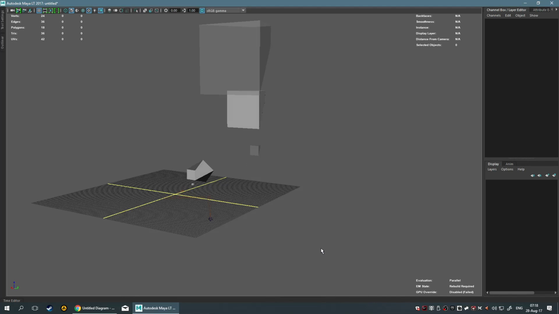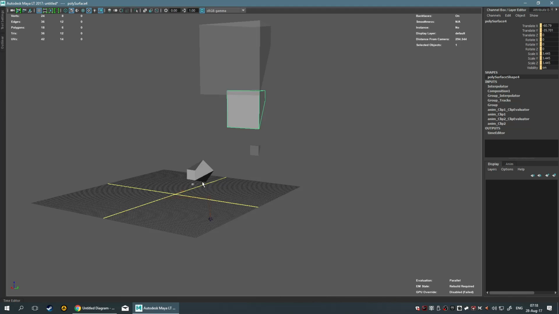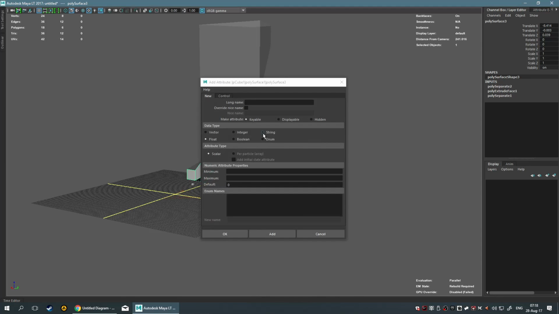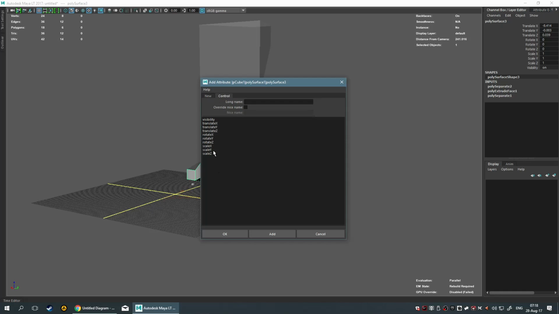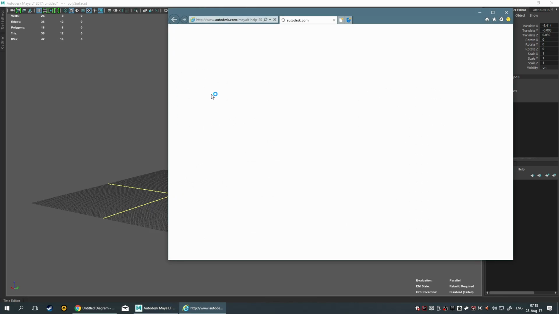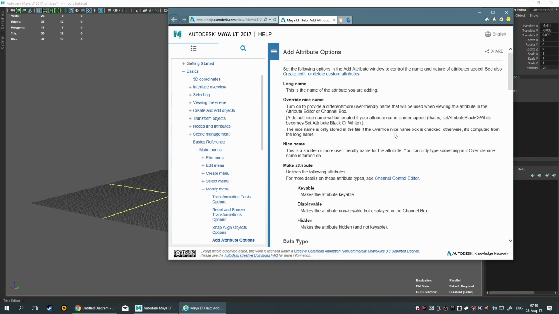Obviously, you can create custom attributes on things. So if I go ahead and select this and create a custom attribute, you have to see what it does. This is a little bit of programming with MEL scripting and all that, but in reality, it's much simpler. So you can create different controls for this. Just play around with these. You can go ahead and open the help file. Rarely do I find myself needing one, to be honest with you,